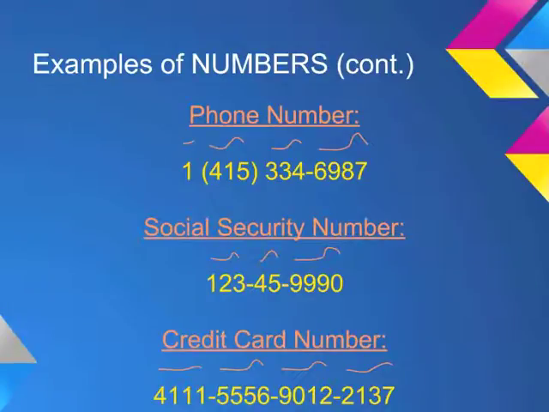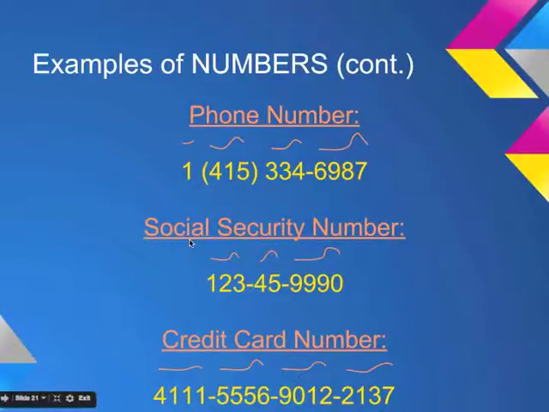Next, phone numbers. Again, here in the United States, phone numbers are grouped together. First off, there are 10 or 11, depending on if you're dialing long distance. The area code is often separated in writing by parentheses, but we have to indicate this with the change in pitch. Then we will group the next 3 numbers together, pause, and then the last 4. Let's try it. 1, 415, 334, 6987.